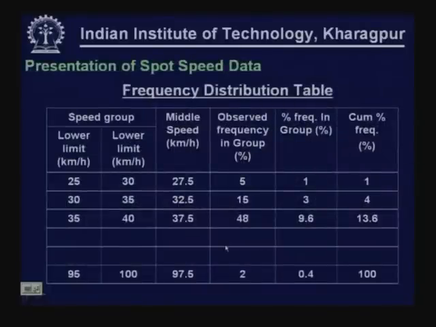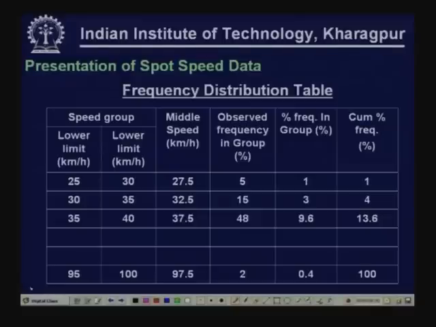Next comes how to present the spot speed data. You collect information, so you have to present it in useful formats. There are different ways spot speed data are presented. One of them is the frequency table. What we do normally, once you take the speed measurements, maybe let us consider you are taking spot speed measurements